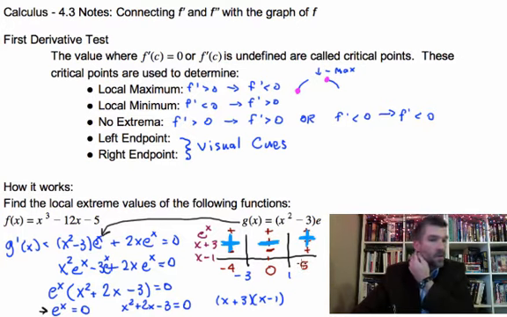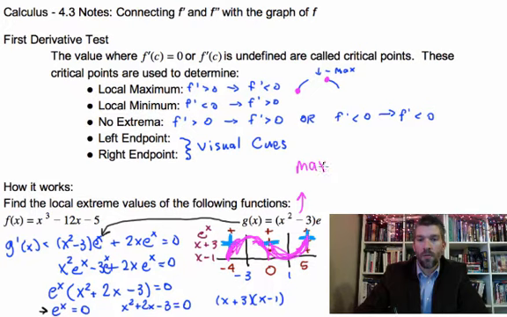So when we look at this problem right here, and we're trying to find extreme values, if we were to graph that, we have a positive slope, then we have a negative slope, then we have positive again. So if I go from positive to negative, that's going to get me a maximum. When I go from negative to positive, that's going to get me a minimum. So we would say for this problem right here, I'm running out of room, we have a maximum when x equals -3, and we have a minimum